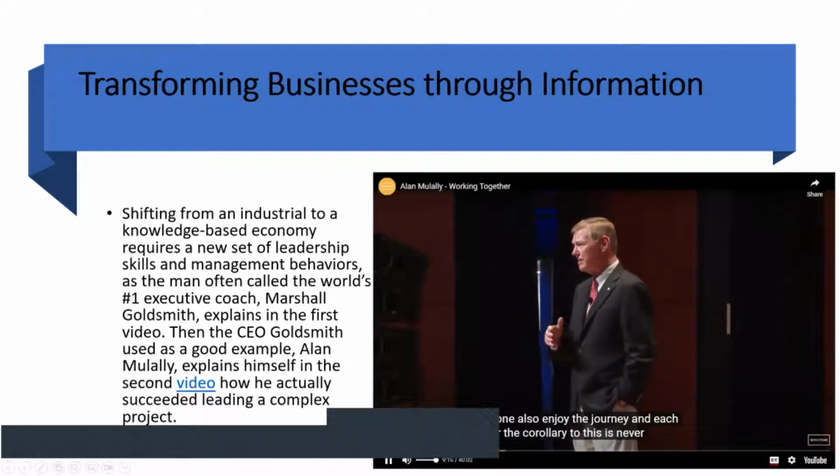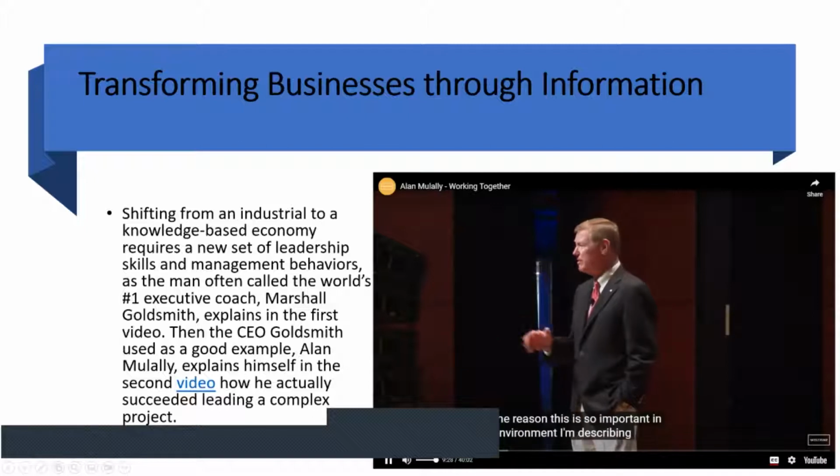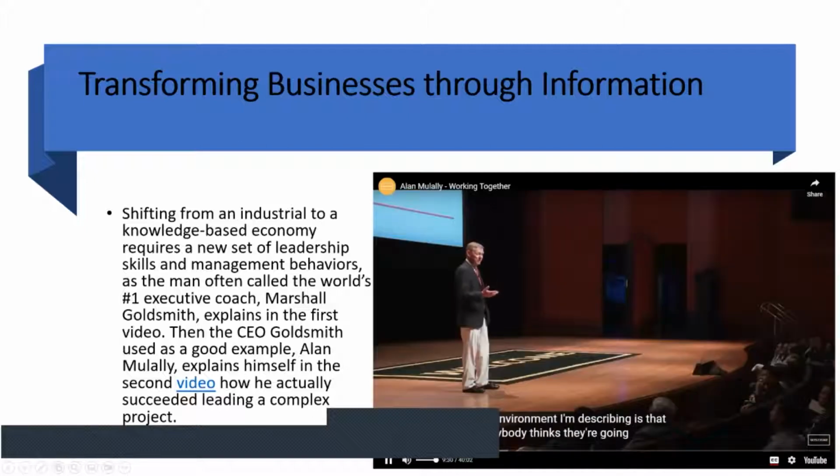The corollary to this is never any humor at anybody else's expense. As you know, it's never funny. It's never funny, and people will go along to get along. But the reason this is so important in the environment I'm describing is that if anybody thinks they're going to be a victim or they're going to be made fun of, then they're going to be reluctant to share what the real situation is. Because most companies, the policy still is you only bring an issue to your supervisor or your leader if you have a solution. So now you're managing a secret. You really don't know what the situation is. So no humor ever at anybody else's expense.